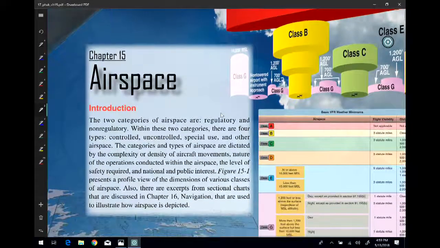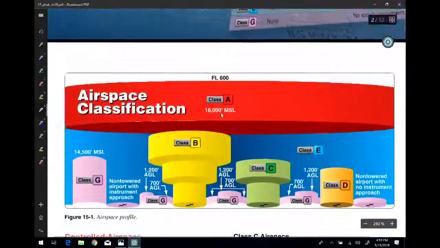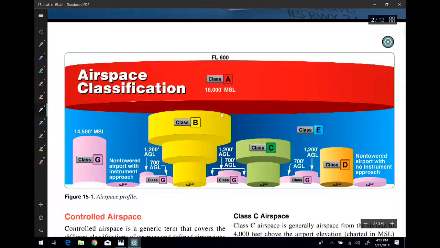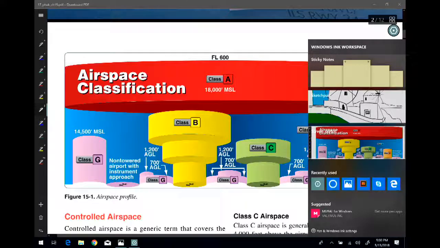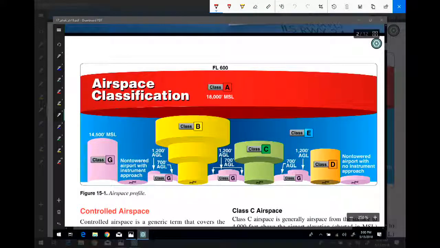Airspace, as we look at this, as I told you here before, this is kind of what airspace is. When we look at this, we're going to come back to this illustration, but what I want to show you here in the illustration are most of the airspace things that we're going to be talking about here. And from this, we'll be talking about Class Alpha airspace, Class Bravo, Charlie, Delta, which is Aspen, Echo, and then Golf. Okay? And then we'll be talking about those different things.